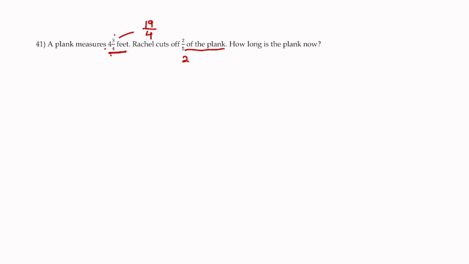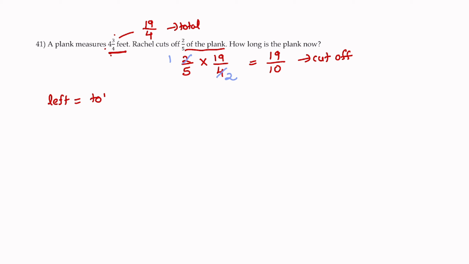How much is she cutting off? 2/5 of the plank, which means we multiply of the plank, the total, right? So that's 19 upon 4. We know that 2 times 1 and 2 times 2 here, right? So this is basically 19 upon 10. So this is what's being cut off, and that's the total here. And how do we find what's left? Total minus cut off, right? So we say what's left equals to total minus cut off, which is equal to 19 upon 4 minus 19